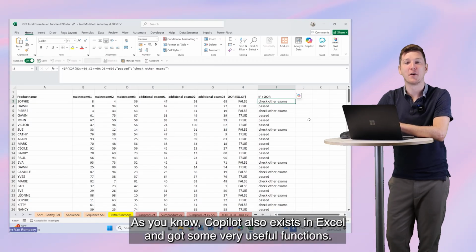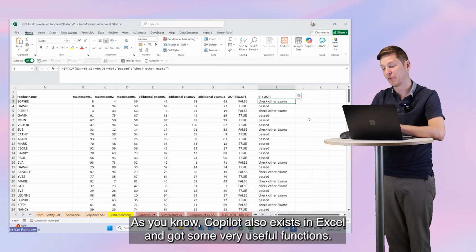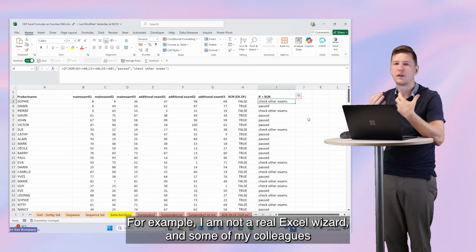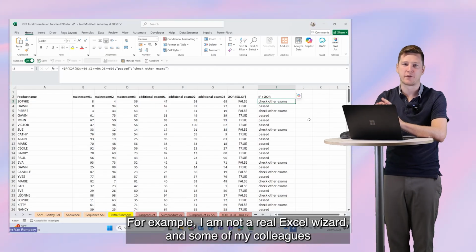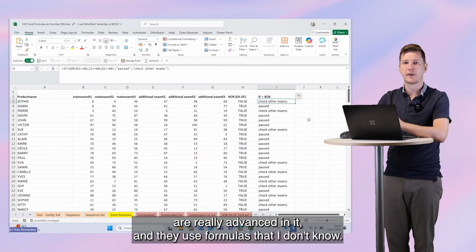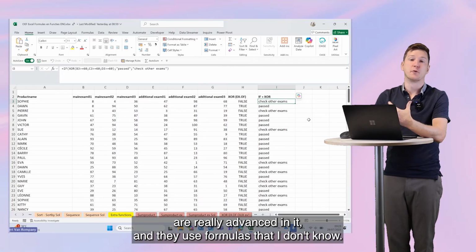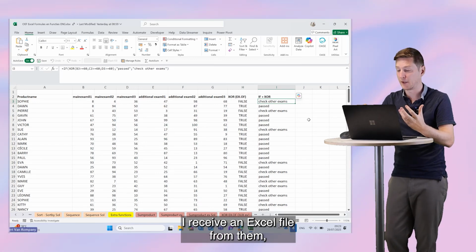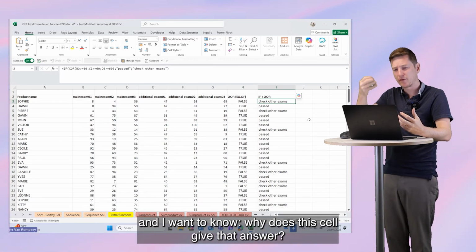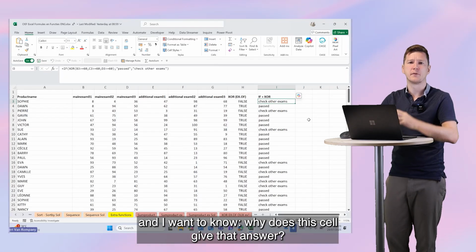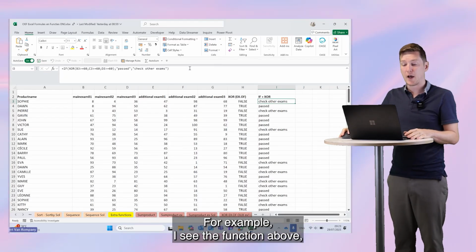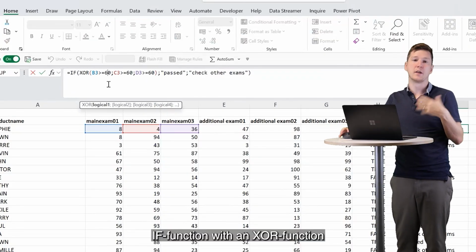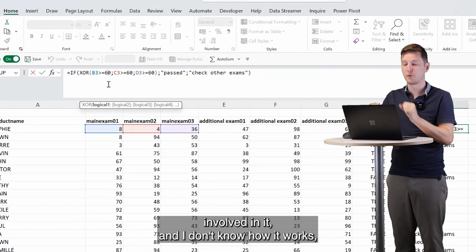As you know, Copilot also exists in Excel and has some very useful functions. For example, I'm not a real Excel wizard and some of my colleagues are really advanced in it and they use formulas that I don't know. I receive an Excel file from them, and I want to know why this cell gives that answer. For example, I see an IF function with an XOR function involved in it and I don't